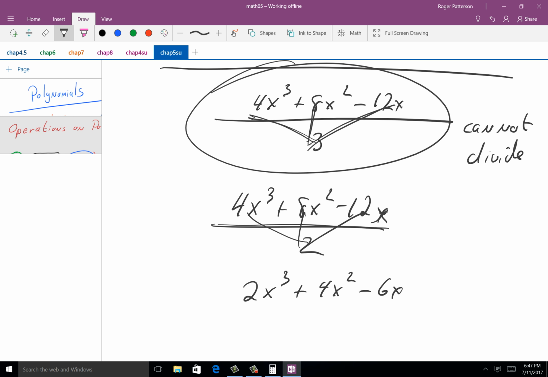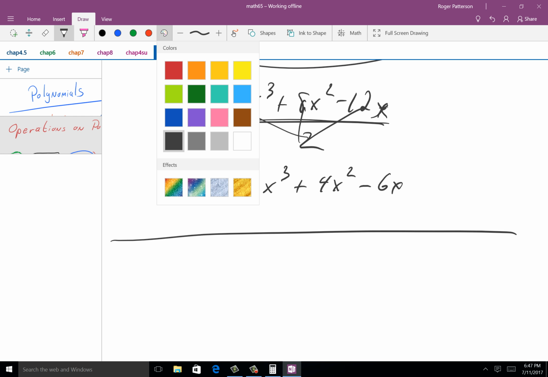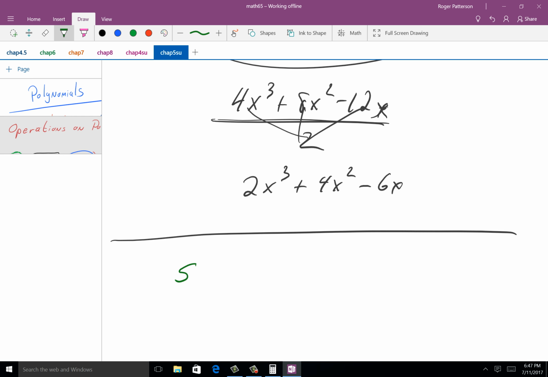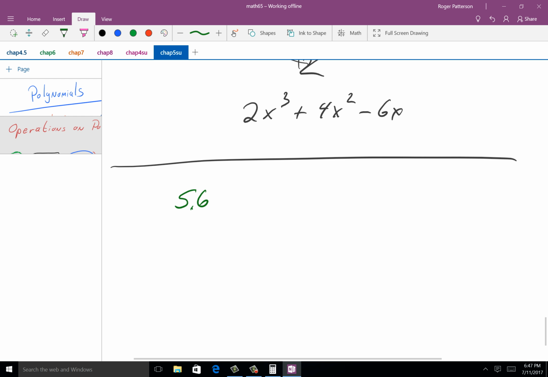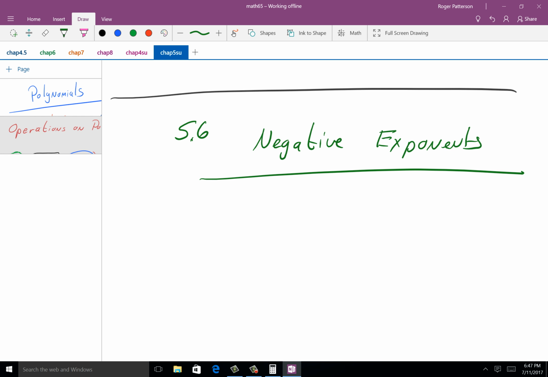All right, last section, 5.6. So let's take a look at that. In this section, they're going to talk about the last little property of exponents, and that's negative exponents. So if we have, say, an x to the negative 4,